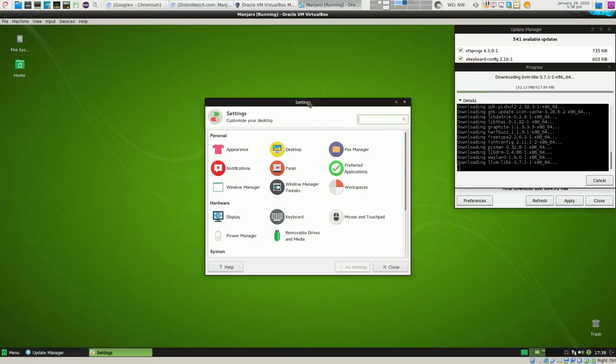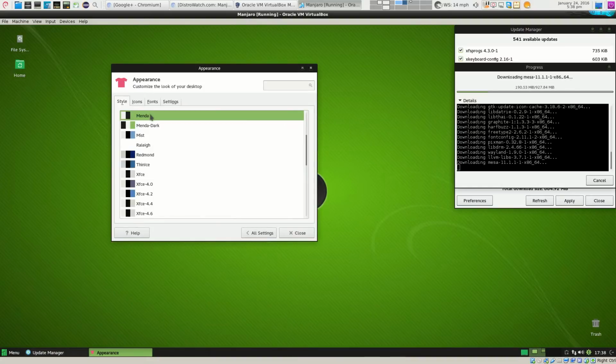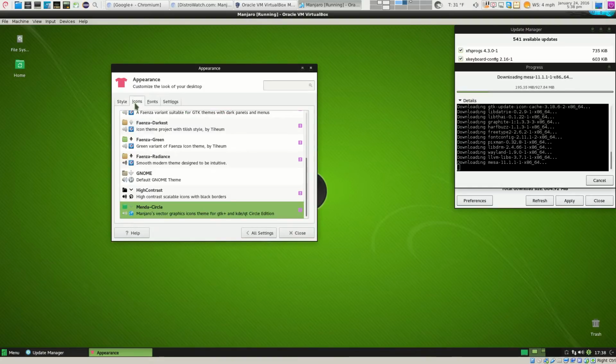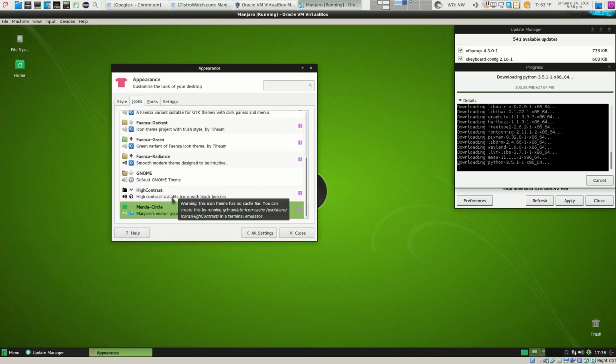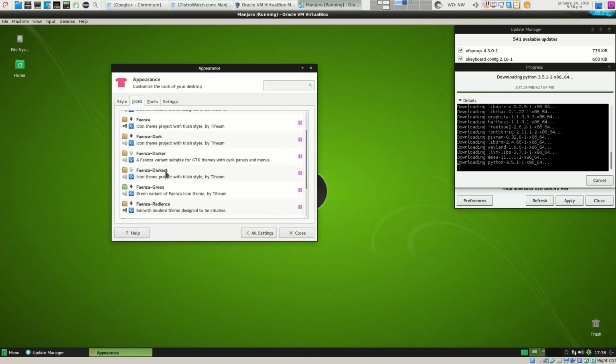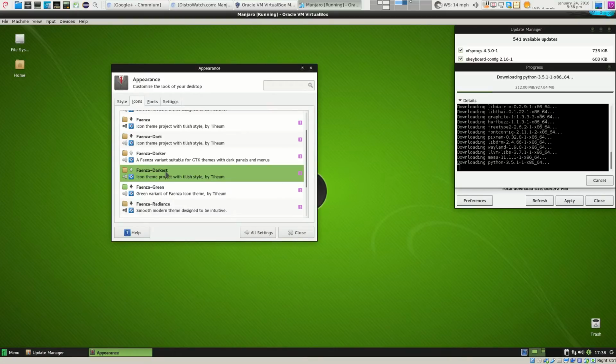Right here, and we can go to appearance, icons. There's a lot. I mean, there is a lot. Let's see this one here. That looks nice. Not bad. Not too shabby.